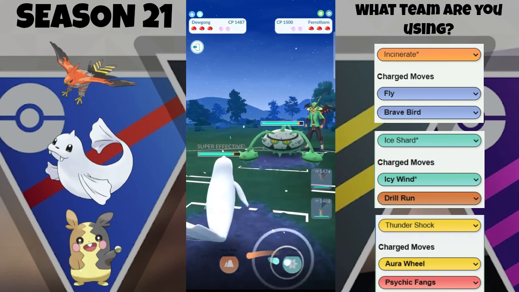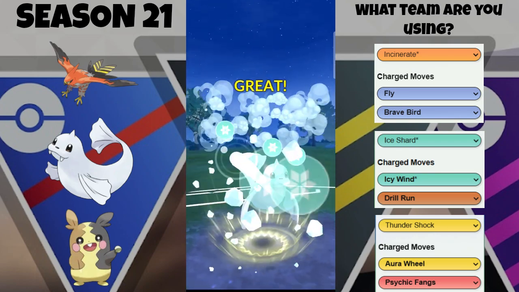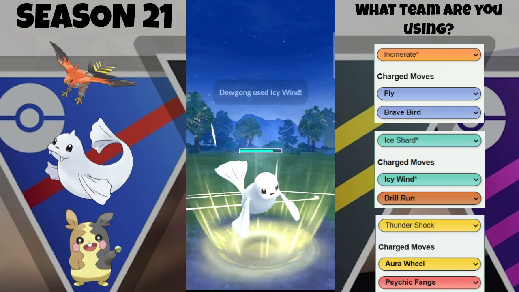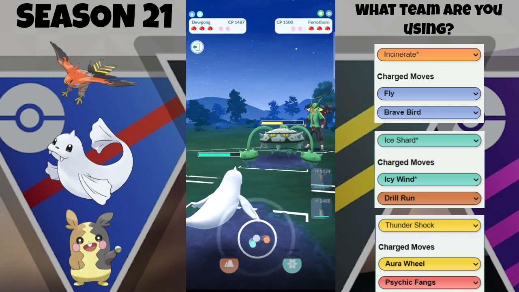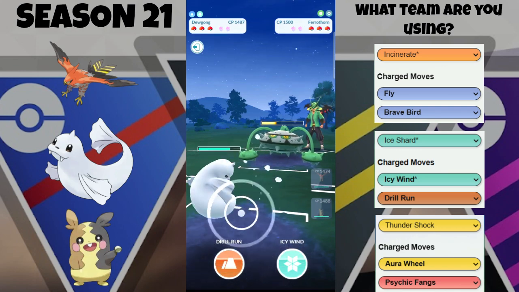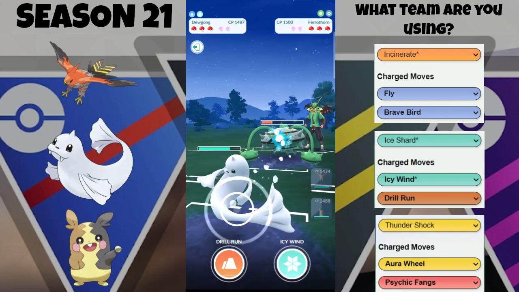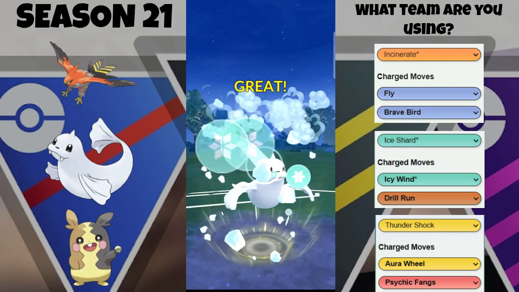figure it out. Okay, here we got the Dewgong switch in, and they go into their Ferrothorn. So Ferrothorn, it's gonna be interesting. Okay. Oh, looks like they lagged out, but it was interesting that they swapped into this Ferrothorn, because even if